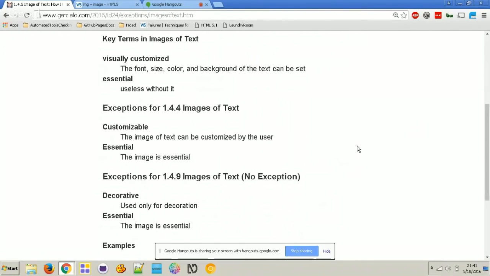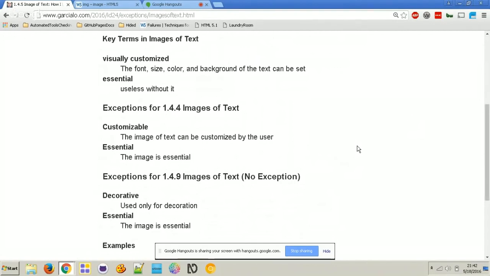And so the exceptions that we have, specifically for 1.4.5, is if the text is customizable, then it's exempt from being an image of text. So it's okay for that text to be an image of text if it can be customized. If you can change the font, size, color, and background, then it's exempt.